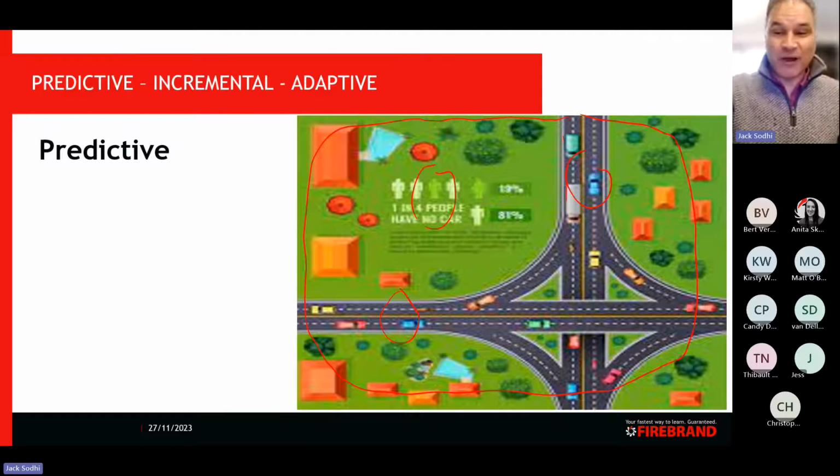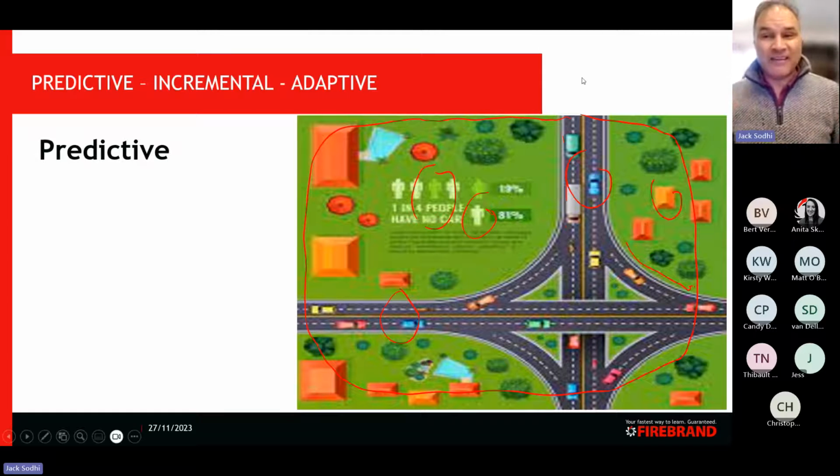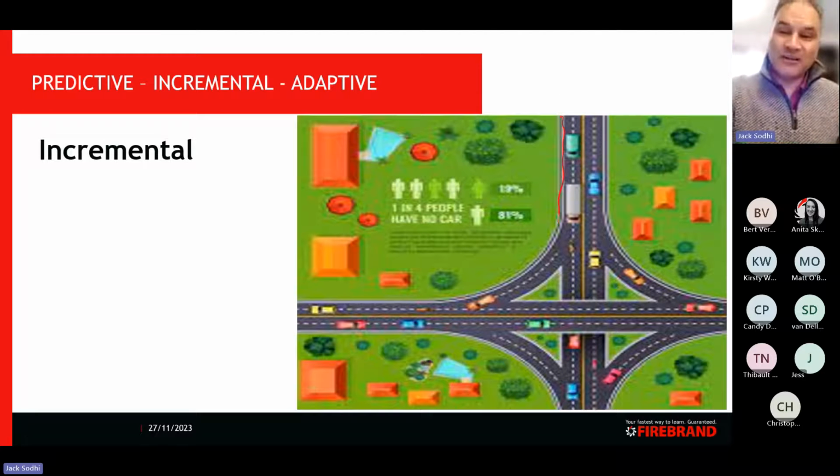So if something happened where they couldn't get the materials or something, then they could work on this bit or that bit, and it was up to them what order they did it. But then other people said, well, is it not possible to hand us over something? So the incremental method came along where they said, okay, let's build this road in its entirety, and then let's